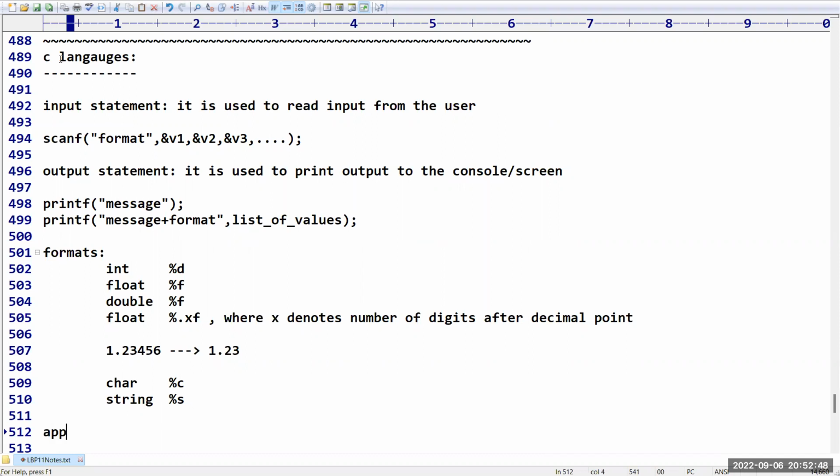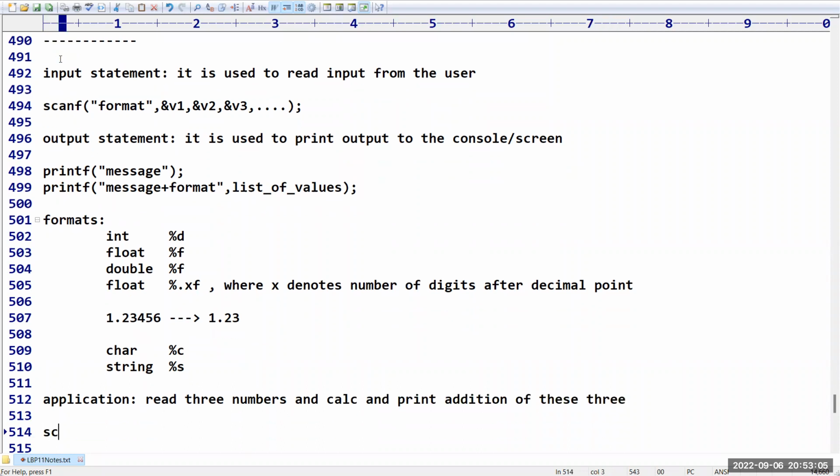I need to cover one small application. I want to read three numbers, calculate and print the addition of these three. How do you write the scanf statement? Three integers: percentage d, percentage d, percentage d. The first value is stored in a, the second in b, the third in c.